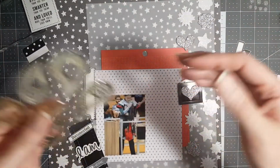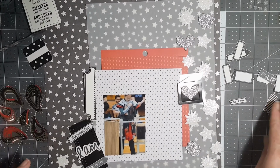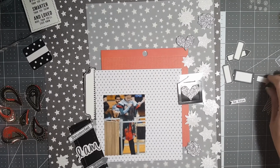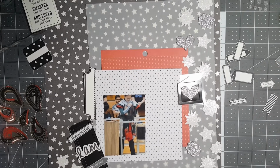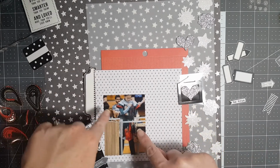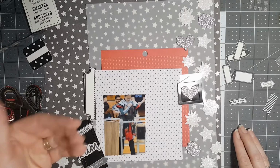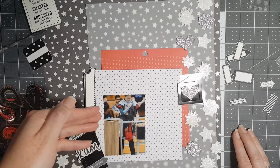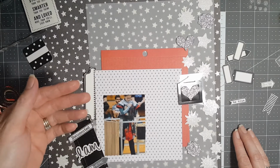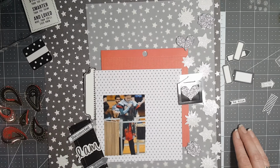Hey guys, I'm trying to do a quick little layout because I'm going to be quite busy tomorrow, and I had this laying on my desk of my sister. This is my youngest sister, and she does traveling drums. I don't know if it's just drums or if it's the whole band, which sucks because I should know that. Anyway,